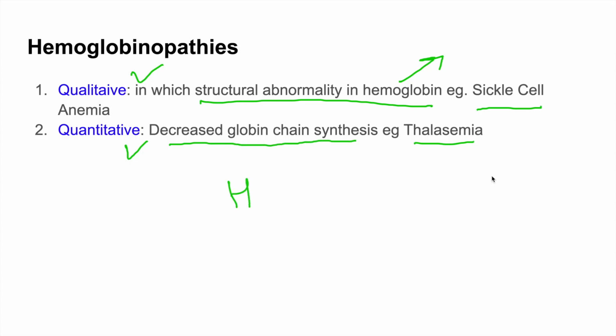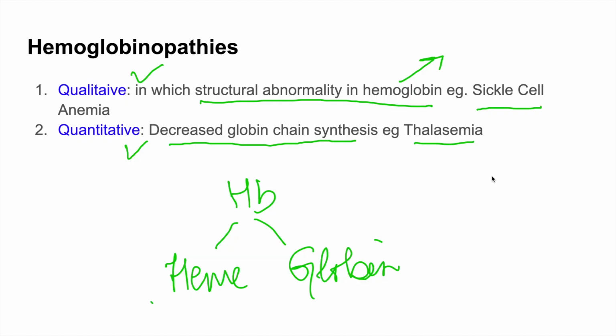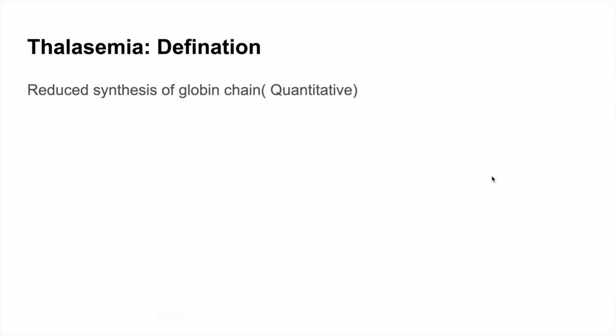Now if you remember, hemoglobin is made up of two things, heme and globin. Heme contains iron, and globin, in the case of adult hemoglobin, is mostly alpha 2 beta 2. So if there are decreased globin chains, if alpha is decreased or beta is decreased, that is thalassemia. So there is decreased globin chain synthesis in thalassemia. Now what is thalassemia? The definition of thalassemia is decreased synthesis of globin chain,